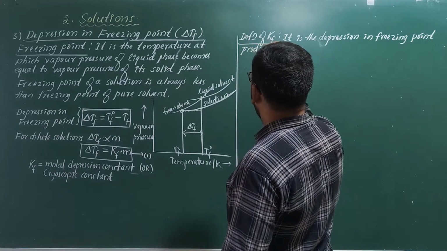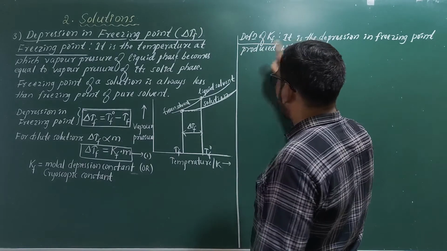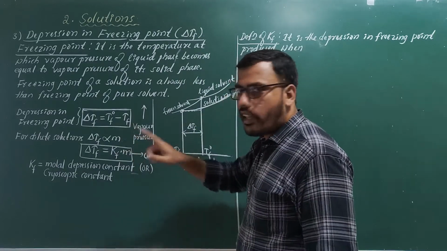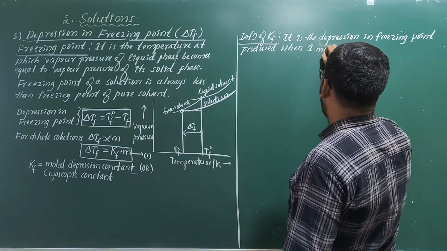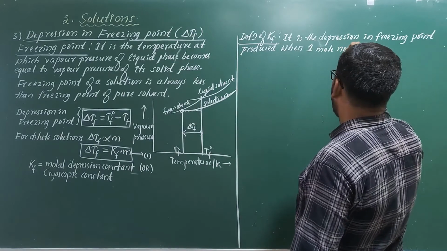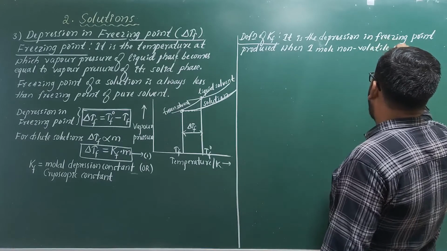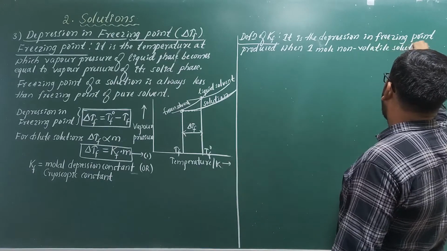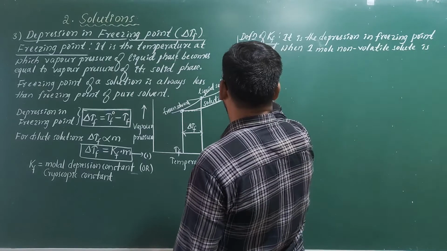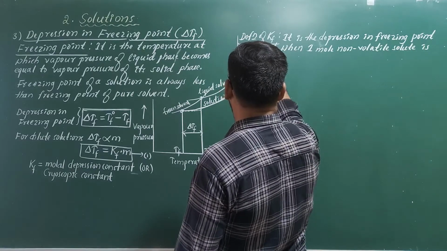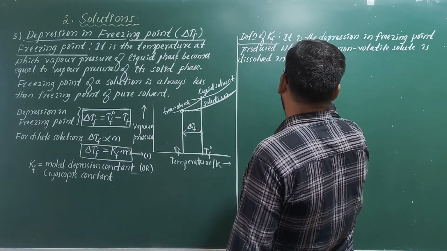produced when 1 mole of, why is it 1 mole? Because molality I have taken as 1 mole. So when 1 mole of non-volatile solute is dissolved in 1 kg